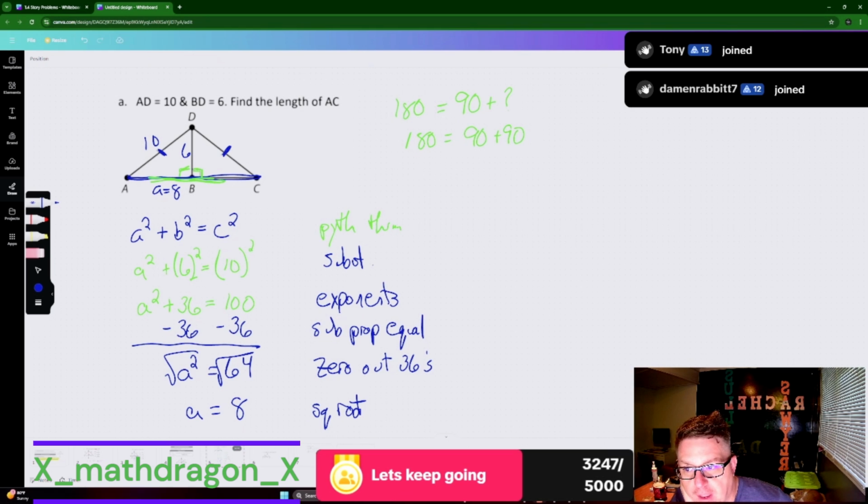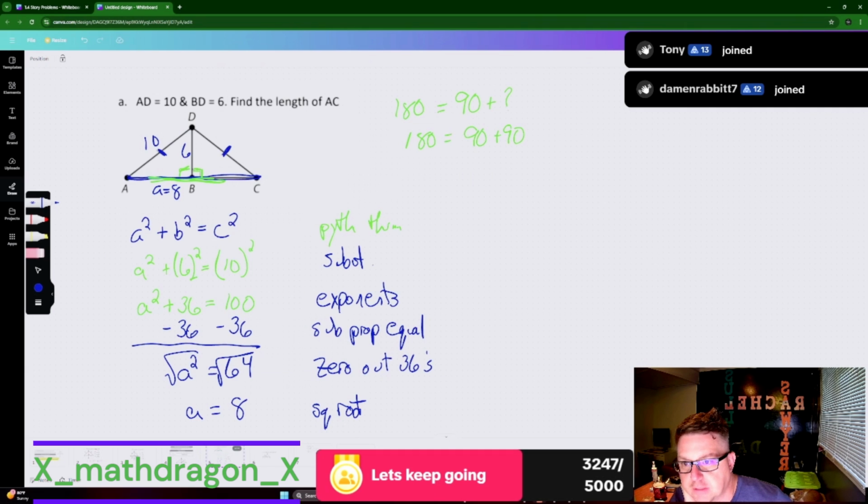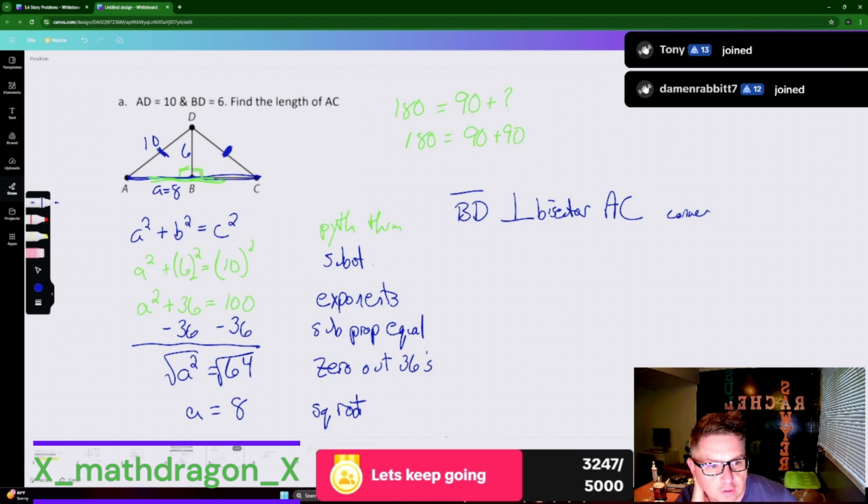Okay? Now that we have that, we know the converse: if a point is equidistant from the endpoints of the segment, then it's on the perpendicular bisector. So we know this side is equal to that side, so we know BD is the perpendicular bisector of AC, by the converse. And I don't know how much of this is, most of it's off the screen on the phone. Dang. That's the converse of the perpendicular bisector,